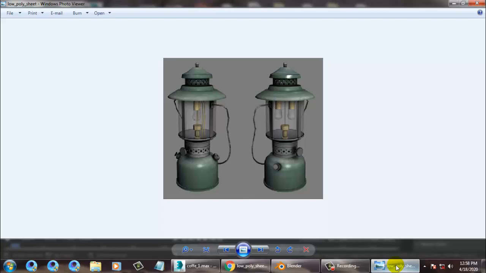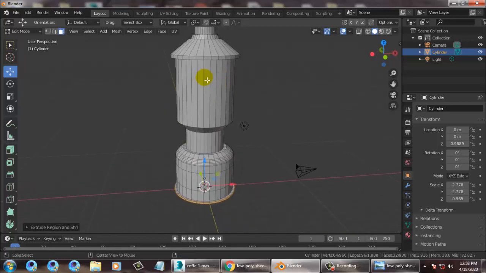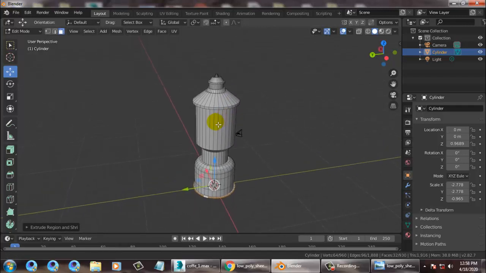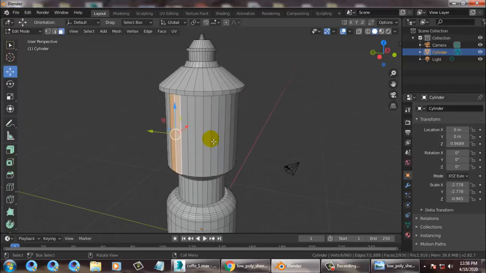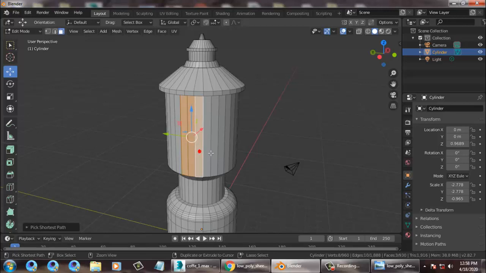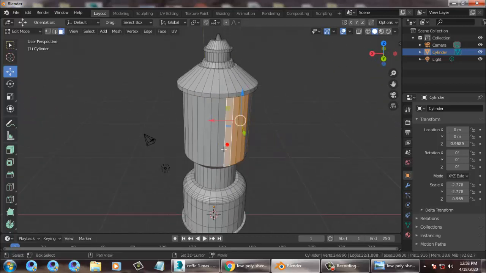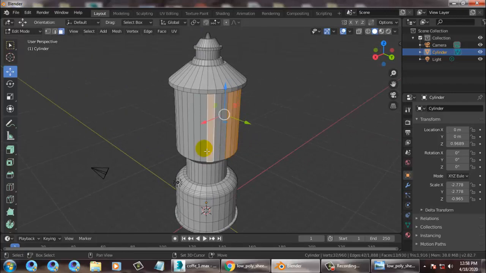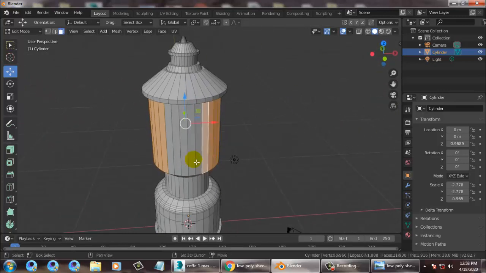For the handle, what I'll be doing is like, alright.